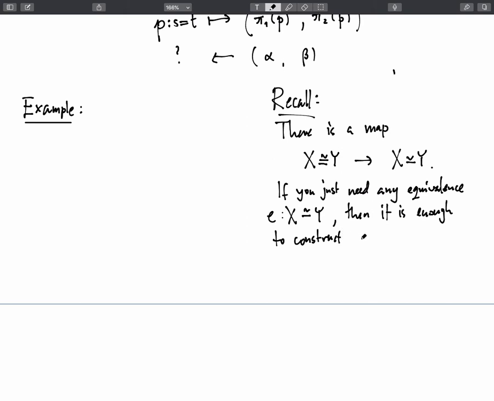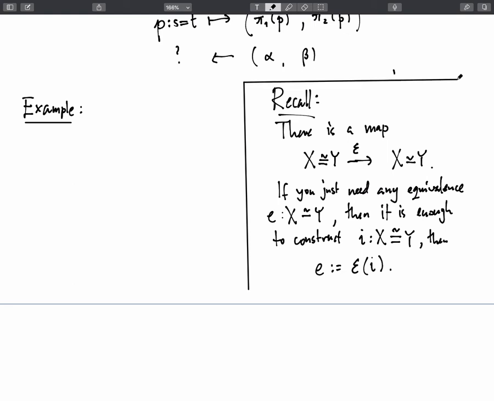So to construct some I from X to Y, let's give this map a name. I'll randomly use epsilon here, because then my E can be taken to be epsilon of I. That was my point earlier,